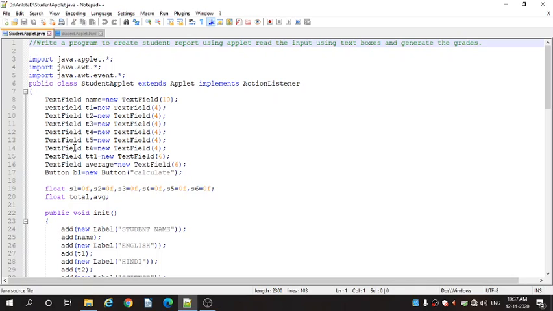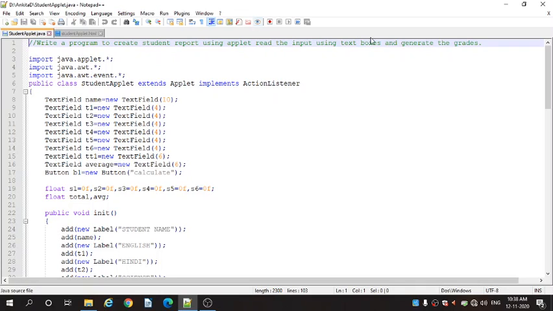Like that we have initialized the text fields with the names t1, t2, t3, t4, t5, t6. To calculate the total, we have created the text field with the name tt1, and for average with the name average.